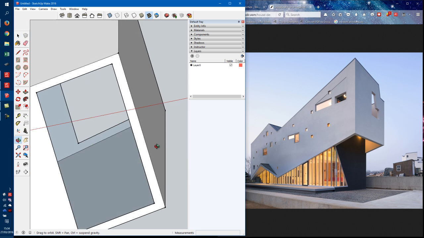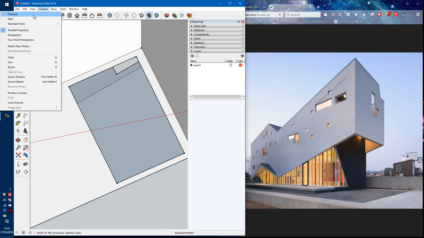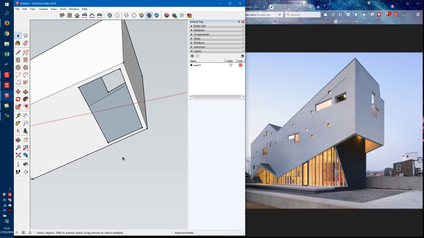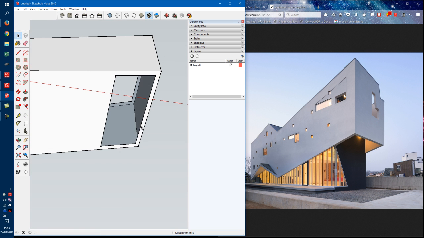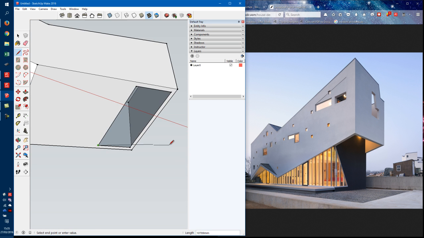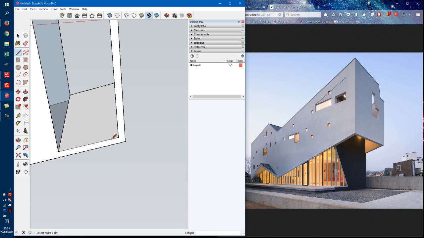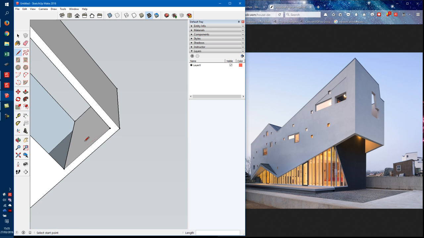And here's where it gets kind of clever, I hope. I'm going to turn perspective back on because it becomes a lot easier. And you can see that if I connect some corners, like that corner to that corner, and then press escape to finish that pencil, connect that corner to that corner, it drew in that wall. If I rotate around here,